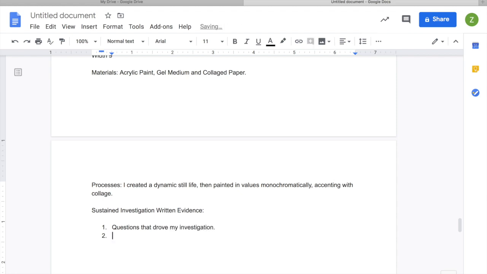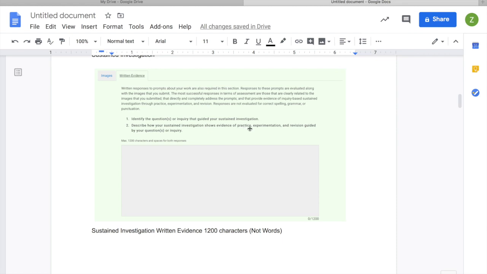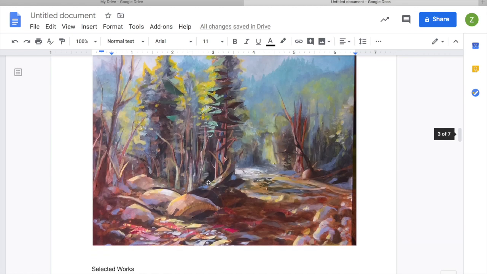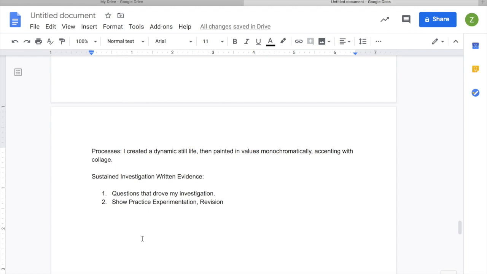You have 1200 characters to explain this. This is not 1200 characters per piece. This is for all of the pieces, all 10 pieces in your sustained investigation. You have to describe what you were doing with that investigation in 1200 characters. You can cite individual pieces to show a point, but you have to explain what you were investigating, what you were learning about,